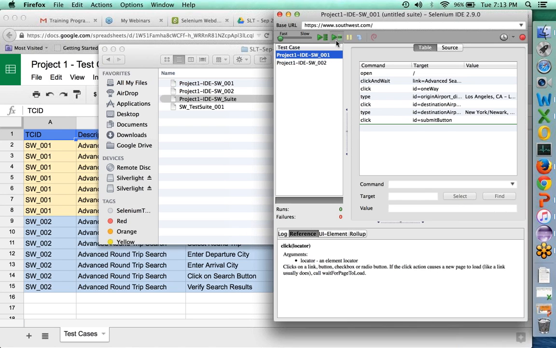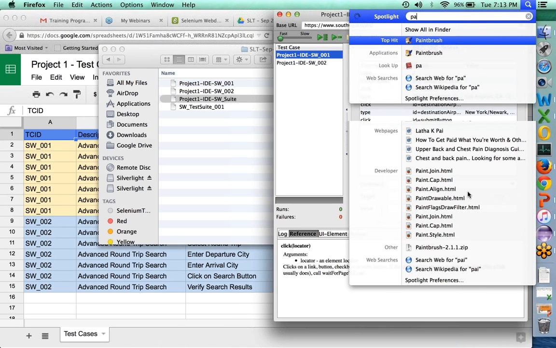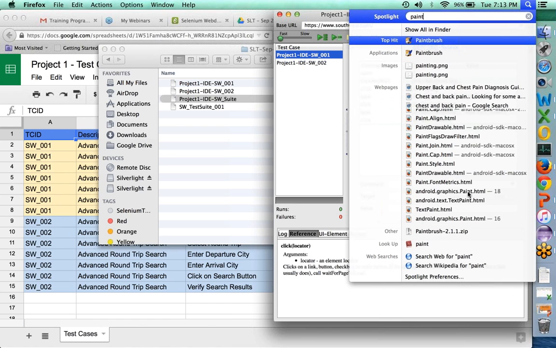Okay. I can do the execution for each test case individually, by clicking on this run icon, and it plays the current test case. Or I can execute the entire set of test cases. Right now we see 2 of them. We can add a few more out here. And once I say run the entire test suite, which is nothing but, so in simple terms, team, if I can explain,